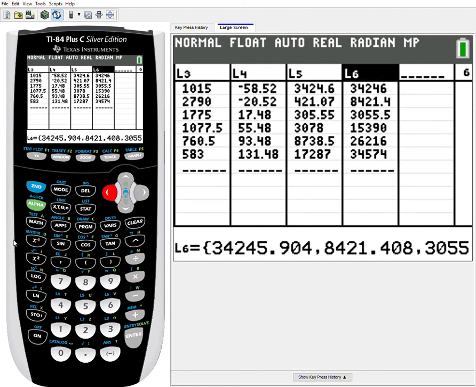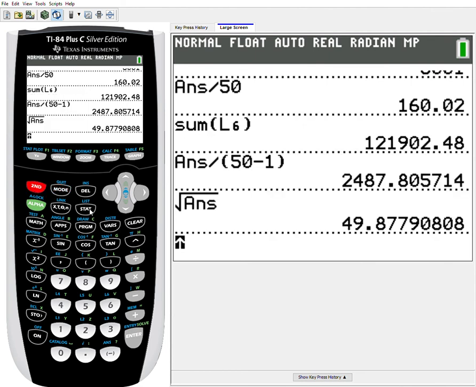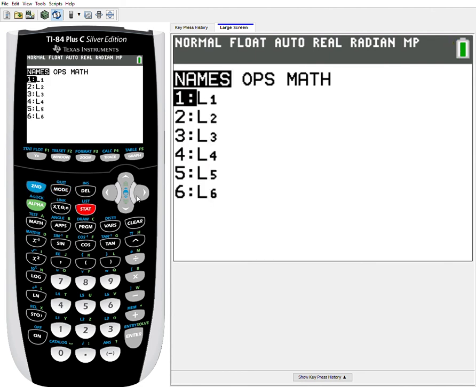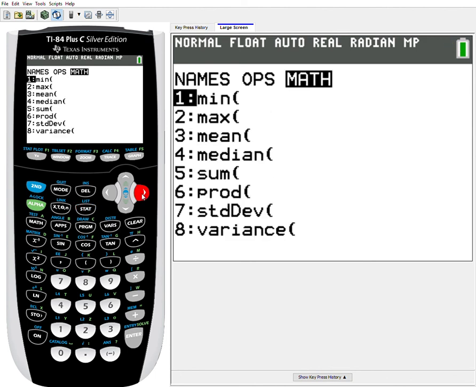But let's take a look at some other things that we can do with a list. If we do have a short list of data that's not too big of a deal to type in, there are things we can do with it, like calculate the mean very quickly. We don't actually have to type in all those values to add them. We can type them in the list and then do the mean of the list, which might not seem like much of an improvement, but what if we also need the standard deviation? Well, here it is. Choice number 7, the standard